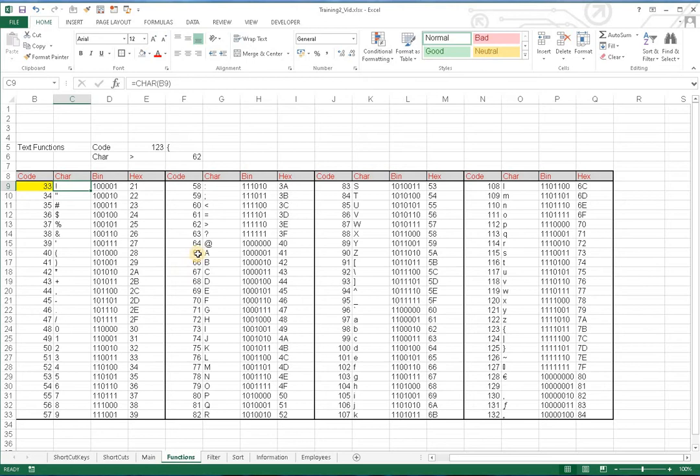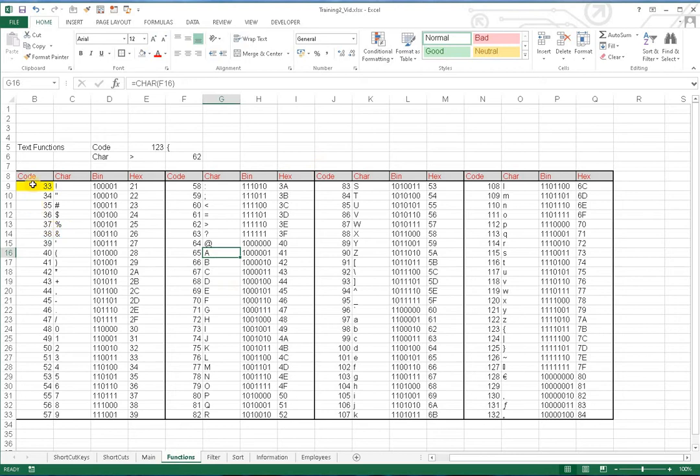So if we see the capital A is decimal code 65, and the binary is 1, and then 1, 2, 3, 4, 5 zeros and a 1, which is the 1 and 5 zeros is 64, plus 1 is 65. And in the hexadecimal number it is 41. This is actually quite a simple